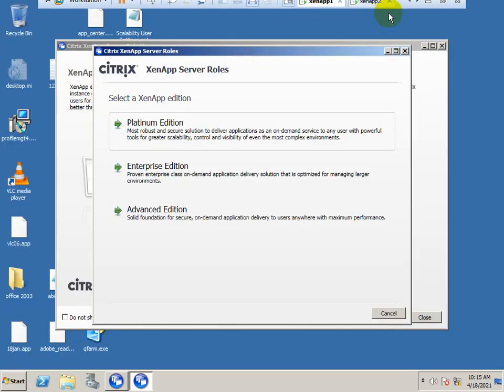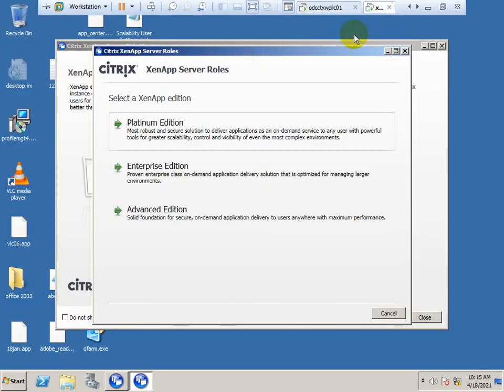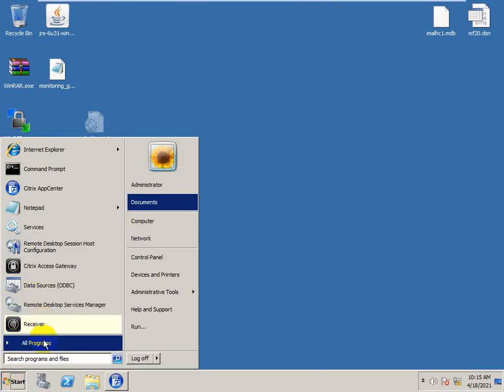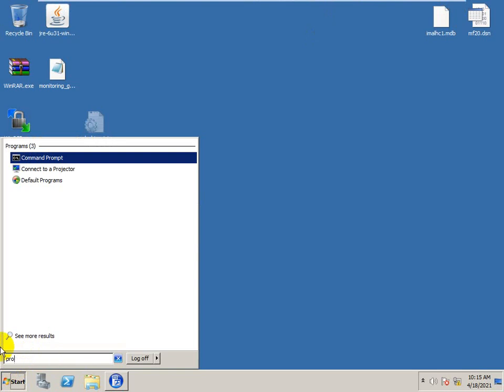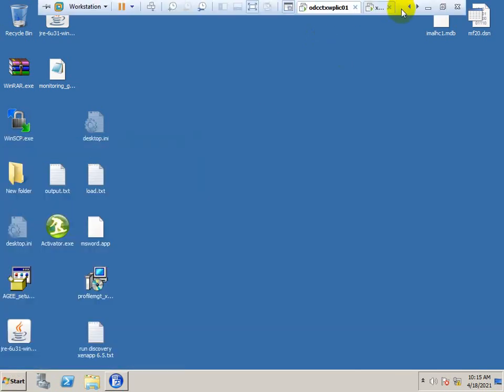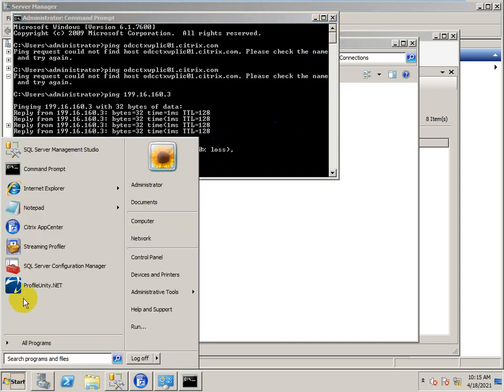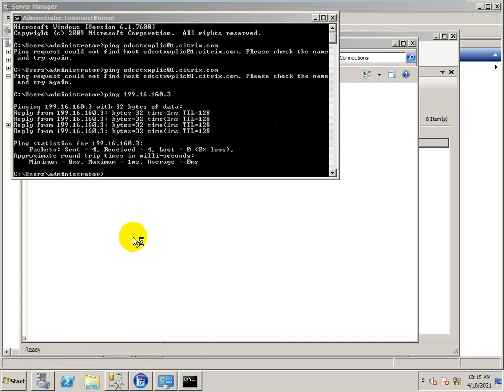Actually, that is what I want to show you: the streaming profile. It's not available in this server, so I'm going to 20B, and here is the streaming profile.